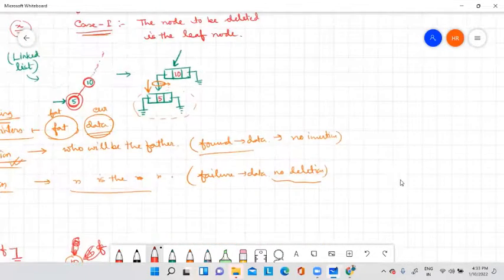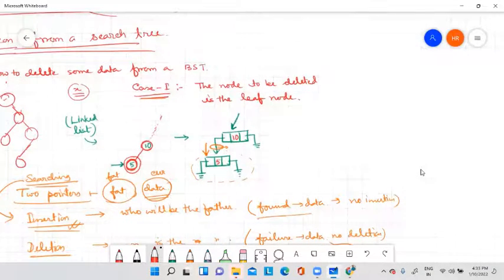Now see, after doing all this for case number 1, what is the picture? The picture is this is the current node and this is the father node.